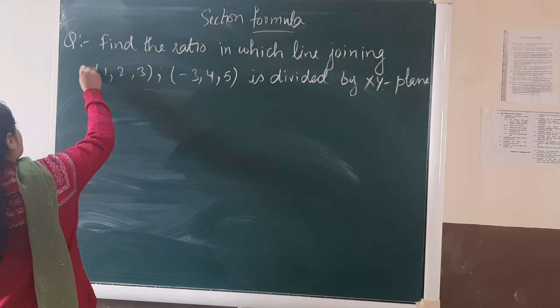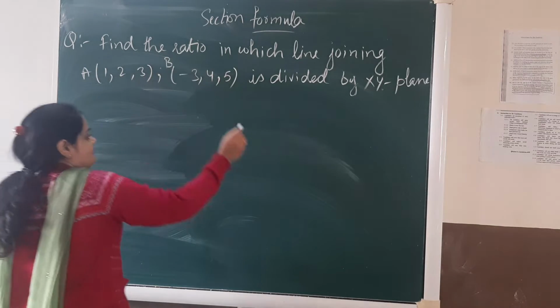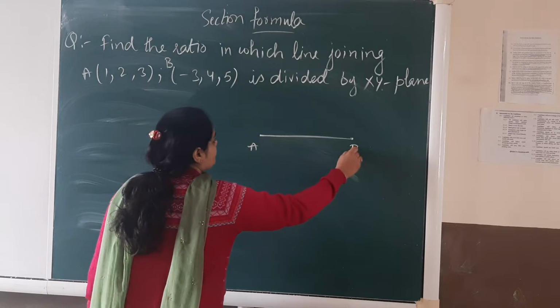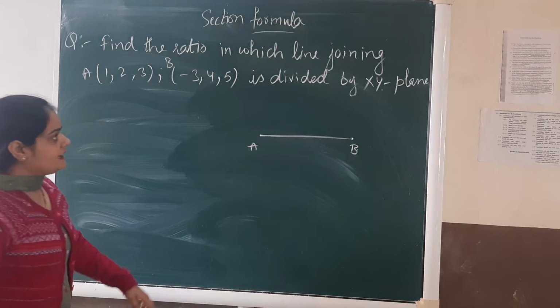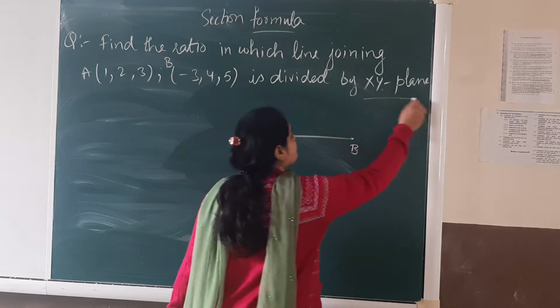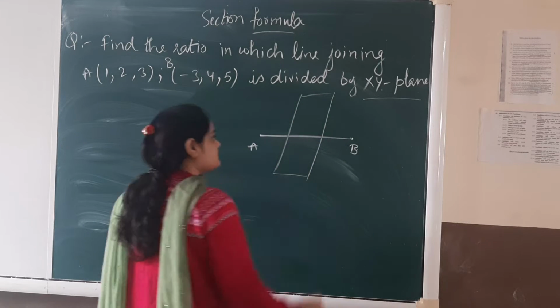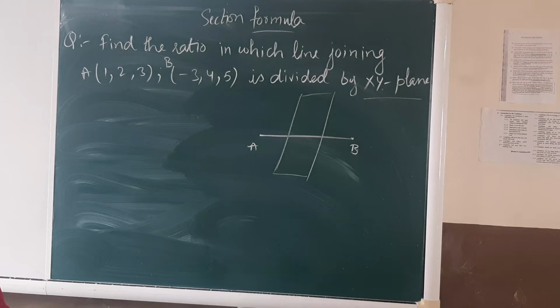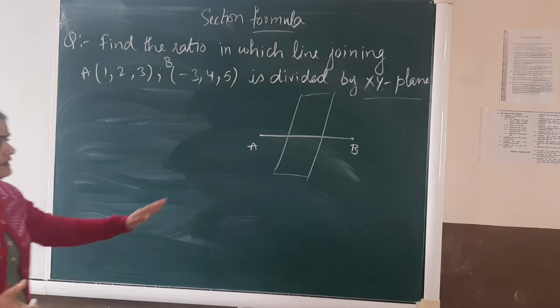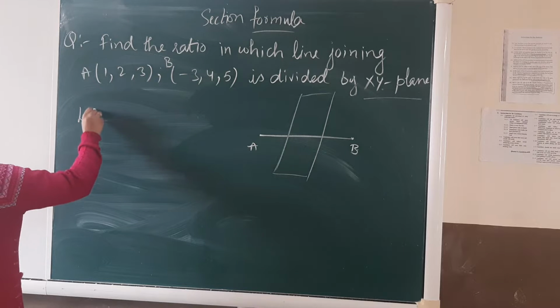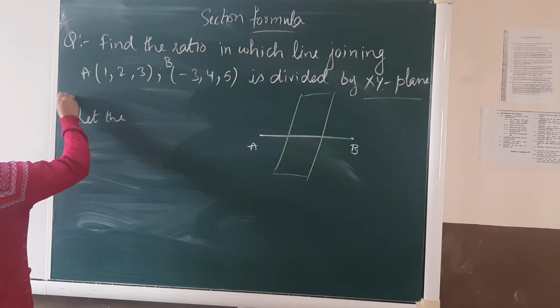Okay, if this is your A point, this is your B point, we are having this line AB, and this AB line is divided by the xy plane. The xy plane is cutting this line in some ratio. So let the ratio be